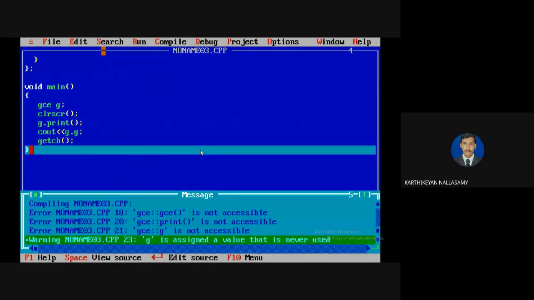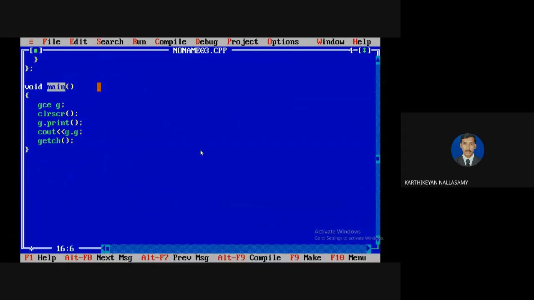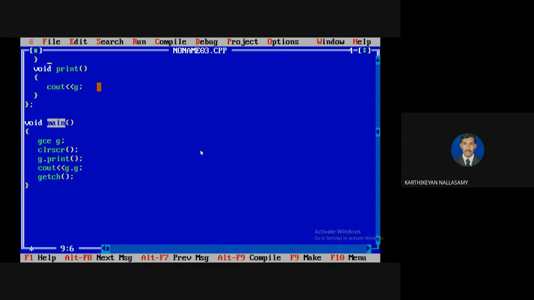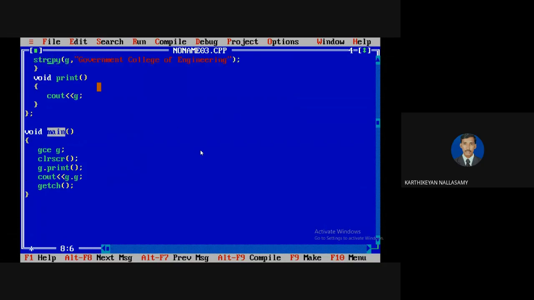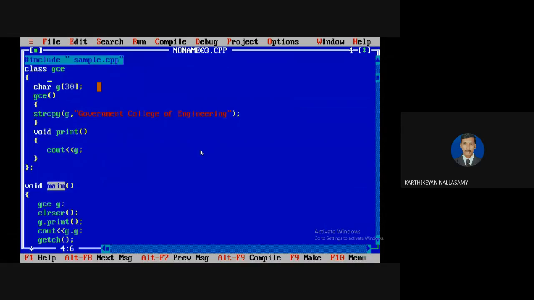It says not accessible, which means we are unable to access it outside. I already told that by using an access modifier we are going to provide some level of security. We can provide security based on our requirements. So this is the class, and the access modifier is only applicable for a class. But this is the variable which is defined outside of the method, so you can't say it is a local variable. Here we can say it is a data member, so we are providing some additional level of security by using an access modifier. Here we didn't have any access modifier.